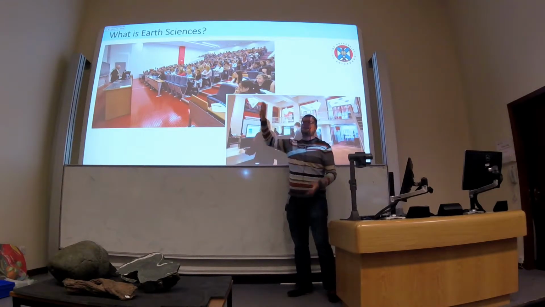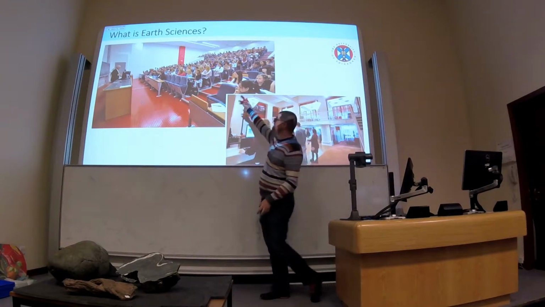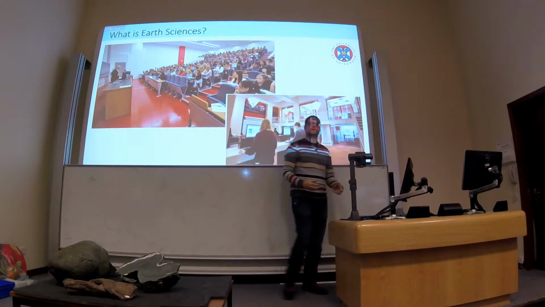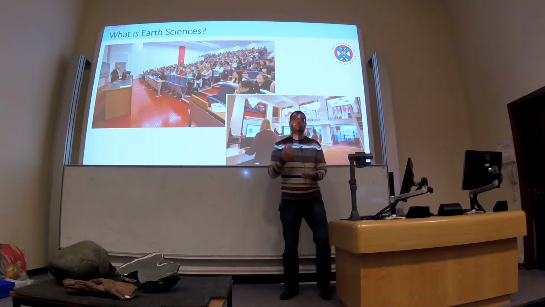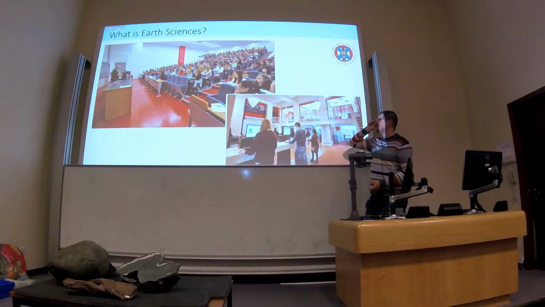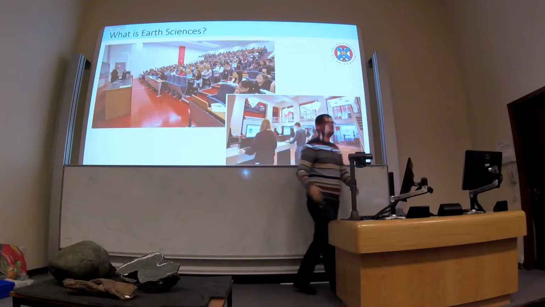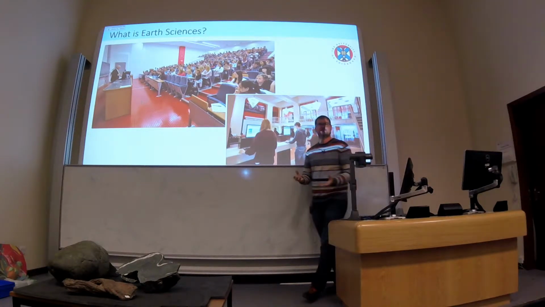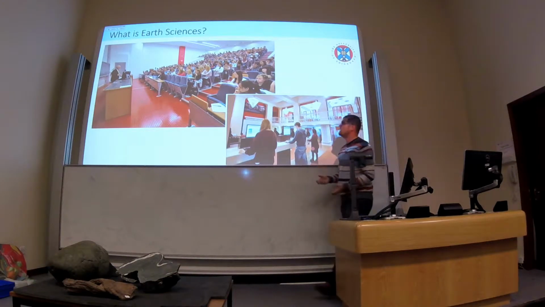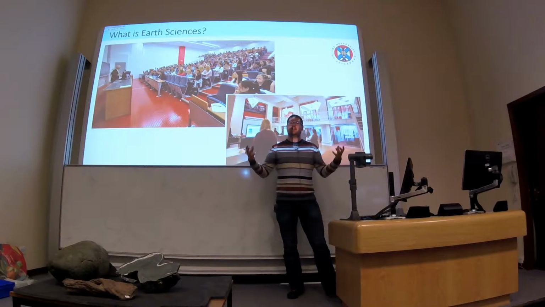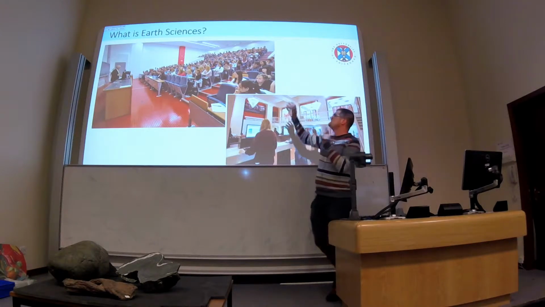But if you look around that room, in fact, if you look around this room, everything in that room, okay, the floor, the chairs, the light fittings, the bench, the computers, everything in that room was dug out of the ground by a geologist. Okay? All of the raw materials to produce everything in that room has been produced by a geologist, except all the stuff that's made of wood, or some of the natural fibres. They were grown by plants, and those plants need nutrients, nitrate, phosphate, potassium, micronutrients like iron. So understanding those nutrient cycles is also a critical part of earth sciences. Okay? So without earth sciences, none of this fantastic stuff would be possible.